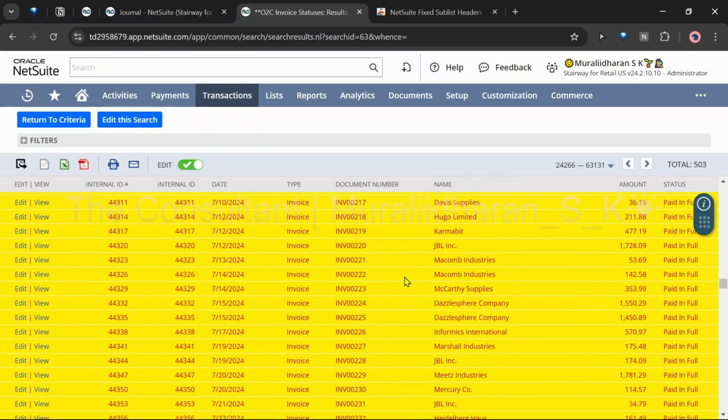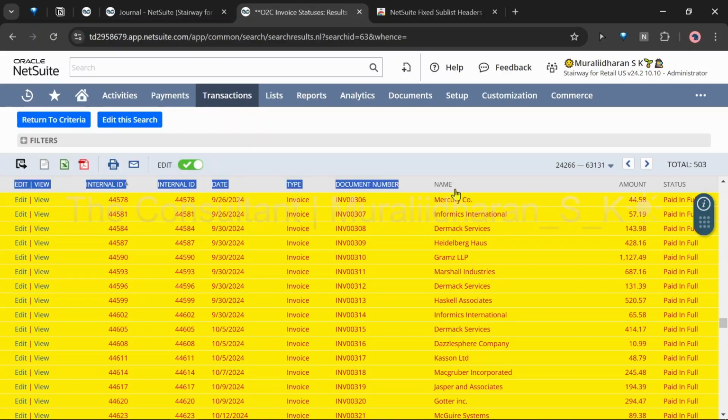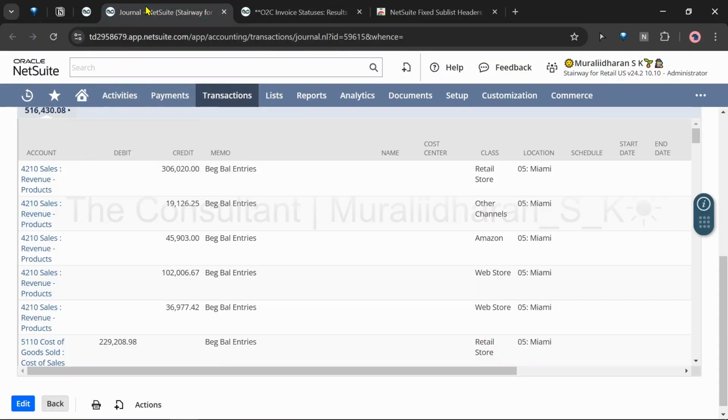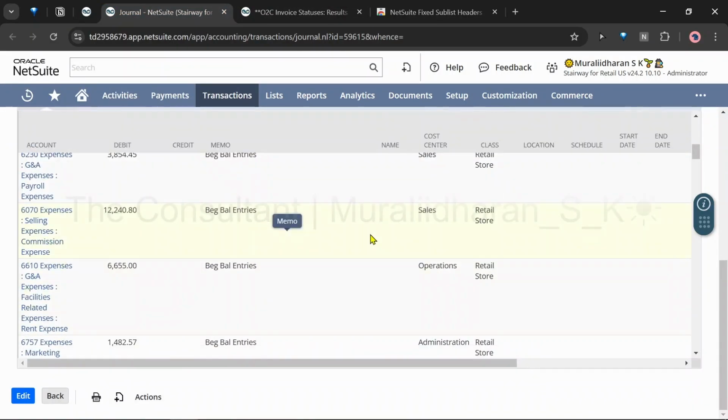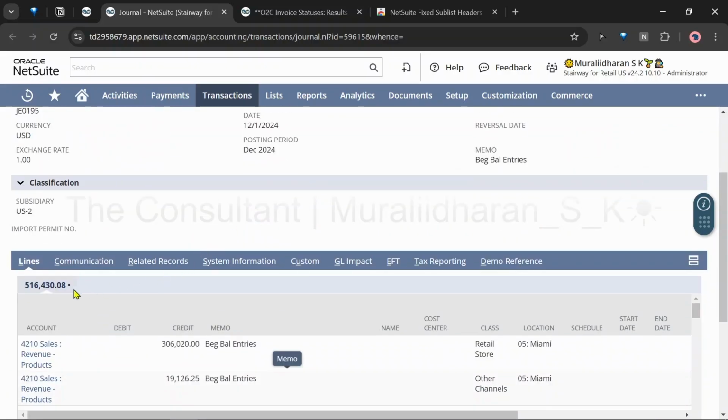So this is something NetSuite natively has. With or without this extension, this header remains the same in NetSuite, right? Whereas the same doesn't happen for transactions. That's the reason why you'd have to scroll to see what the header is if you do not have this extension. So I think it should be able to work for all the sublist headers as long as it's of this particular style